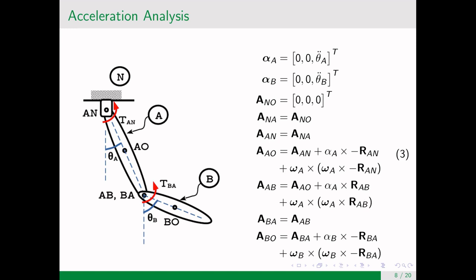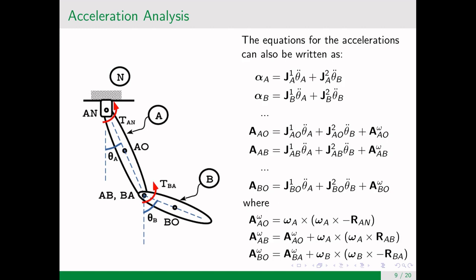So you have alpha A, alpha B, and the omegas are already known. So here theta A double dot and theta B double dot are unknowns. But first let us write the equations, and again those equations can also be written in this form, just like we did for the simple pendulum problem. So the Jacobians you have already determined in the velocity analysis, and now you have the omega components,